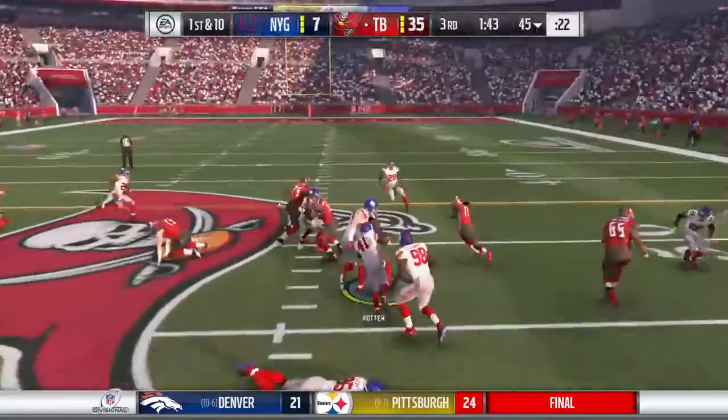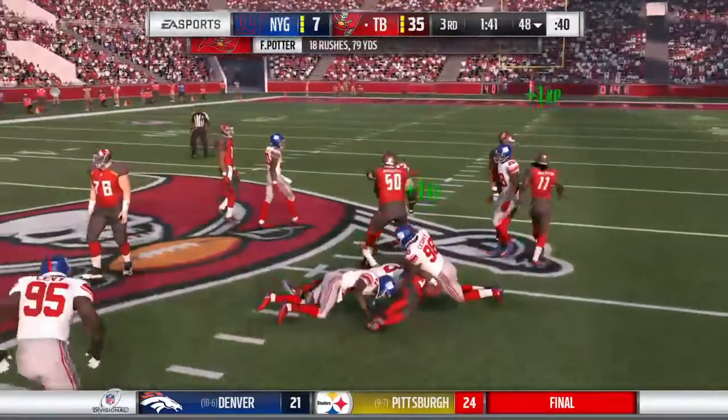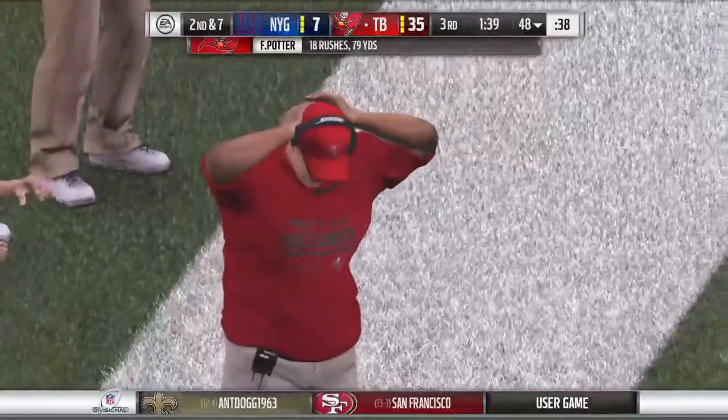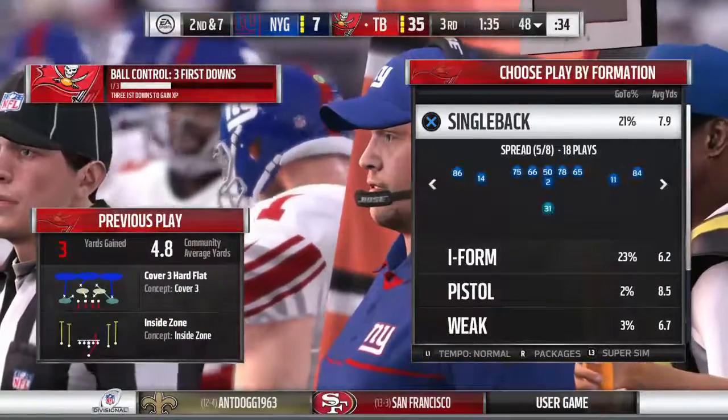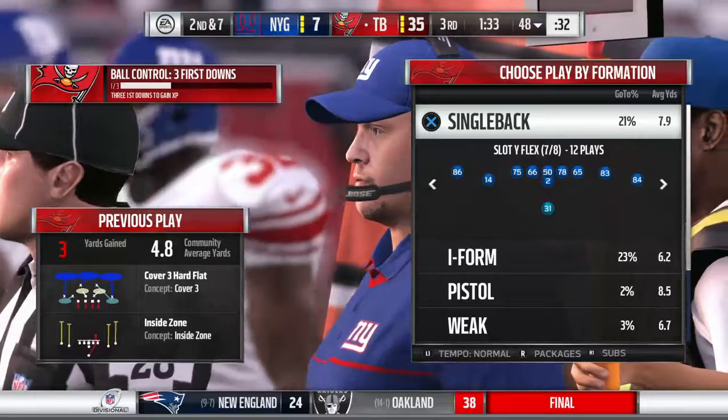Now a handoff here to his running back. And he'll fight his way forward to about the 48-yard line. 3 yards on the pickup there, and it'll be 2nd down. Well, so many times we look at a short run and we praise the offense for trying to set the